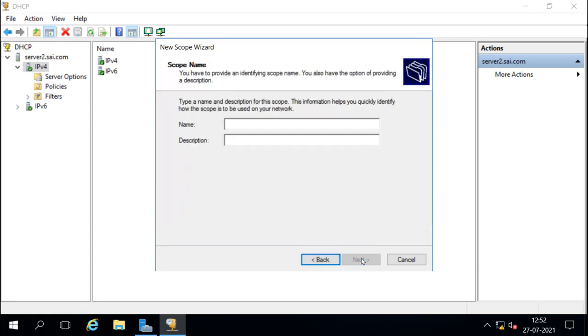First we have to name the scope, whatever name you want, with a description so that you know what you created. This scope is for my accounts department, so I will add the description accordingly and go next.